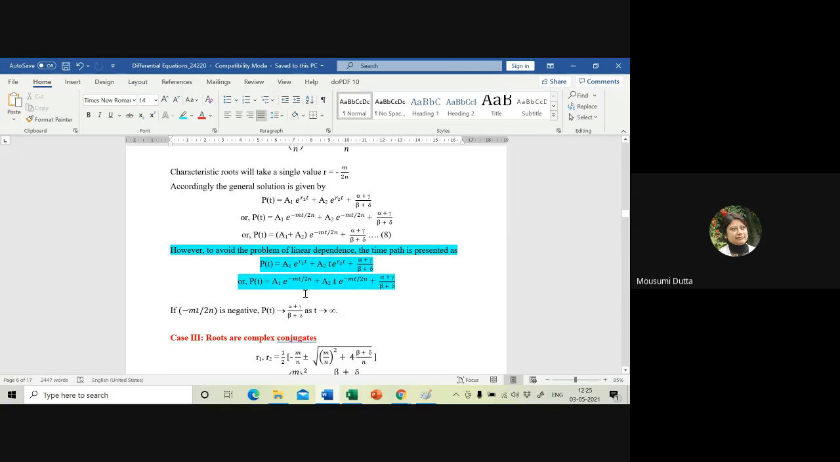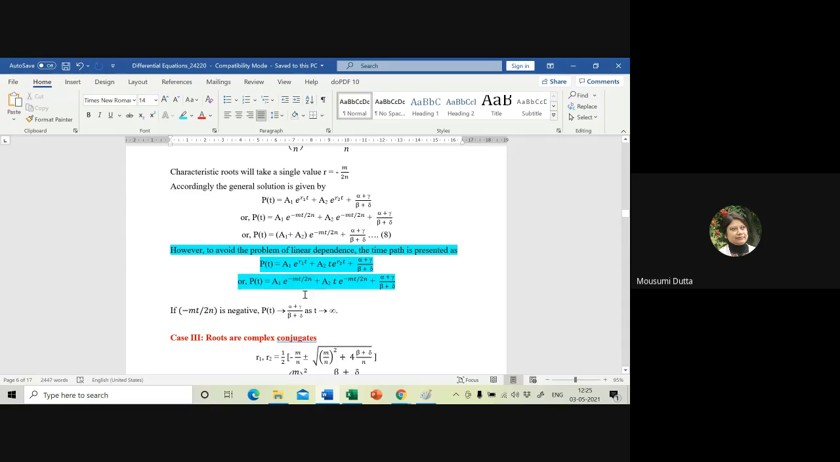As we are taking command, doing the things in this way, there is a problem of linear dependence. For that matter, it is suggested that we will write the equation as A1 e to the power R1t plus A2 into t e to the power R2t plus the equilibrium value. And if we bring this t here, in that case, this equation number 8 will be extended to